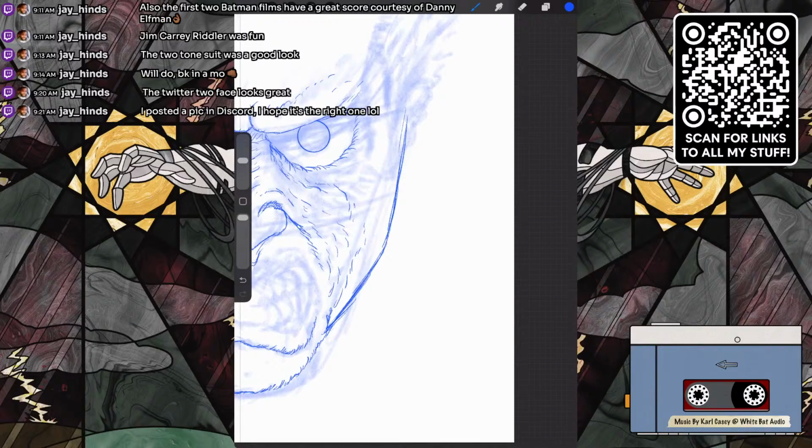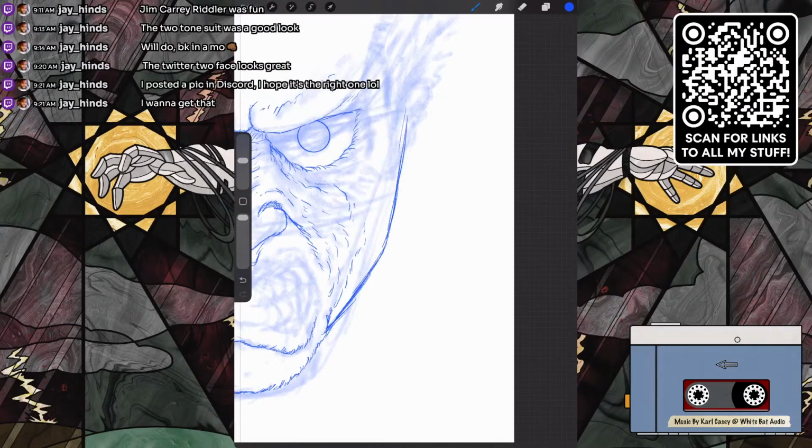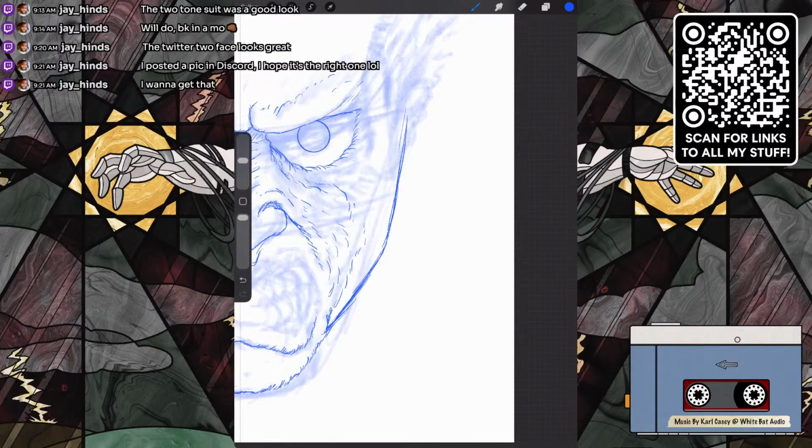Hold on, I'll check. Let me see here. Where'd you put it? In here, maybe? Yeah, that's it. Look at that thing. Oh my God, it's so cool. Even that picture doesn't tell you, because when you see it up close, there's all this texturing, like the suit has a cloth texture to it.